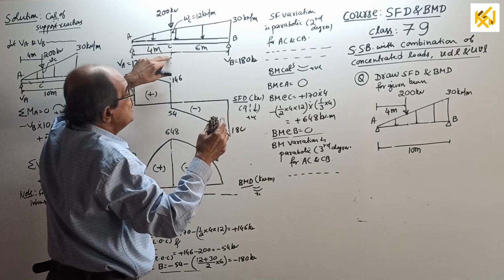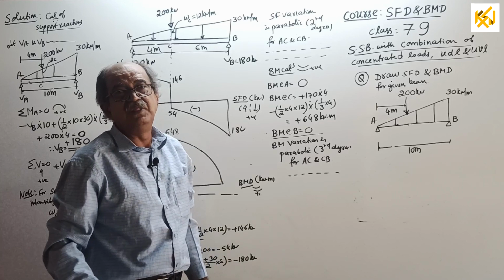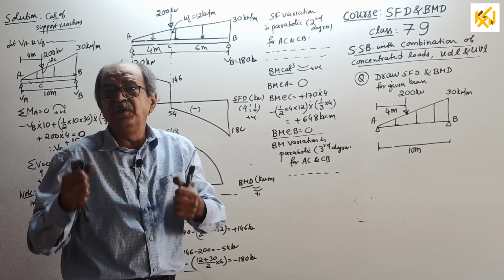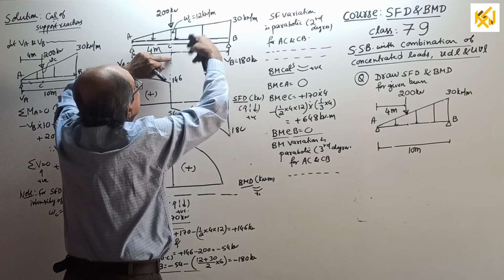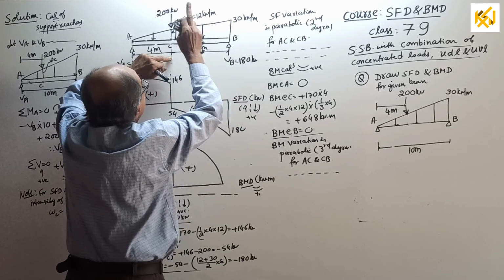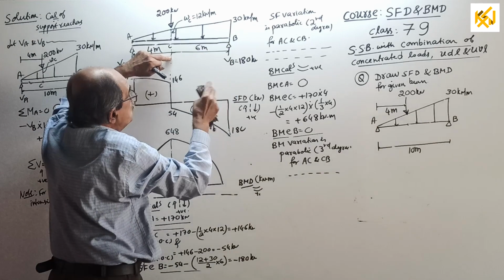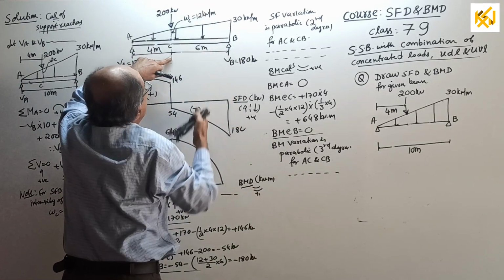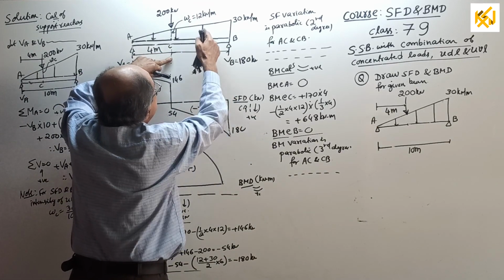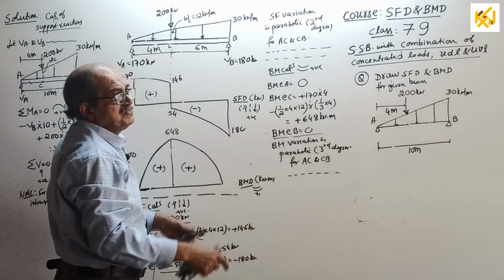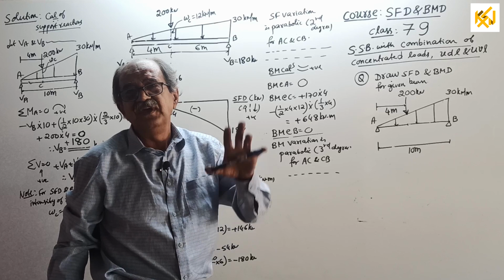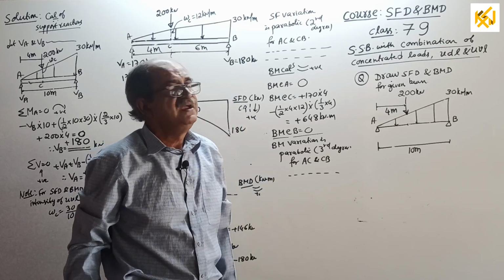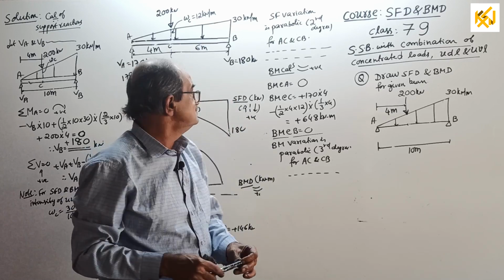Or if you are interested, look at the right side. Actually not required. Why? Trapezium. Still, to get a grip: plus 180 into 6 minus the moment of this trapezoidal loading. 12 plus 30 divided by 2 into 6 is the total load, into the distance from here to the CG point, which is (12 plus twice of 30) divided by (12 plus 30) into 6 by 3. I said it fast because I told it endless number of times. Dedicated people will understand. Over.